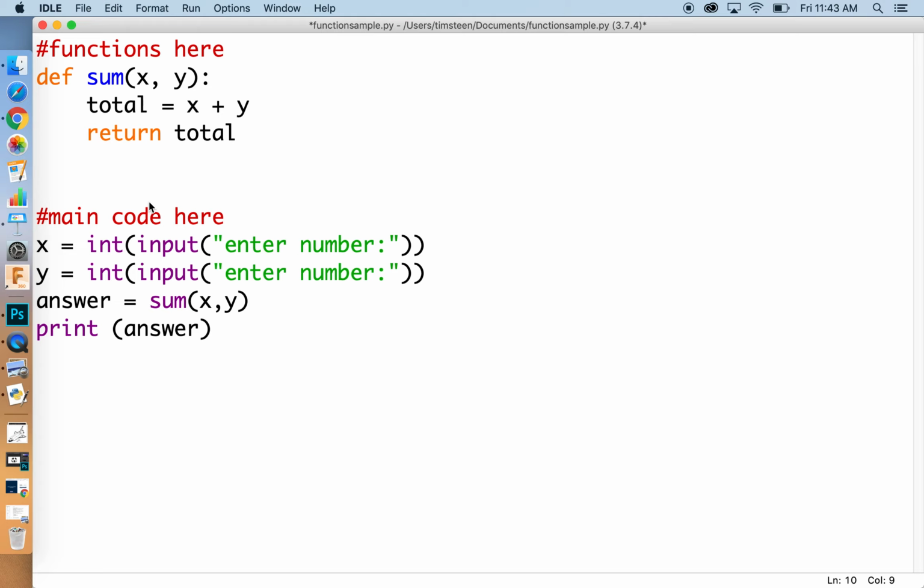Now, because this is a simple example, there's a few things you could do faster. First of all, do you really need to store something in total and then return total? No, you don't. You could actually just say return x + y, because it can do the math right here, and then it will evaluate the math and then hit return. Down here, do I really need to store the answer? No, I really don't. What I could do is just say, hey, go ahead and print directly